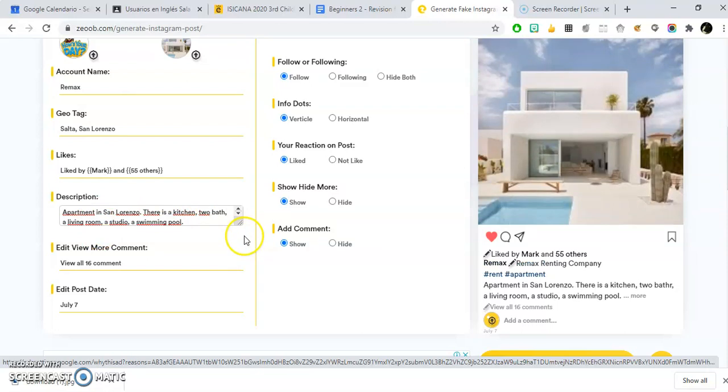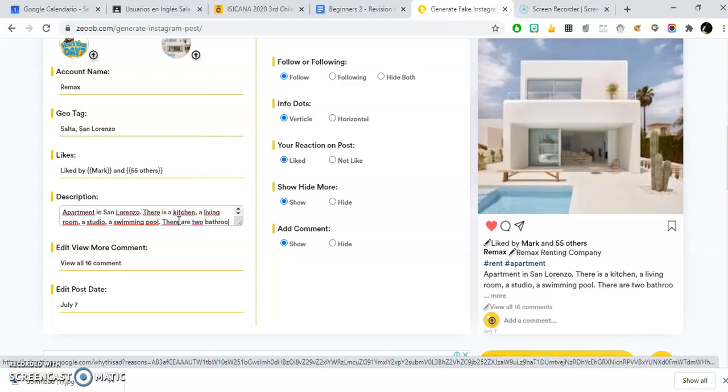This I'm going to take it out. There are now 2 bathrooms